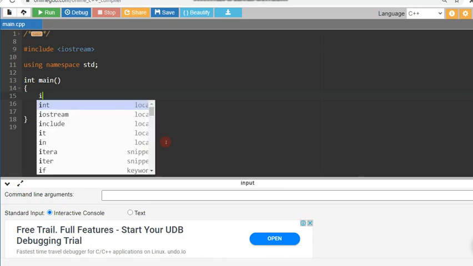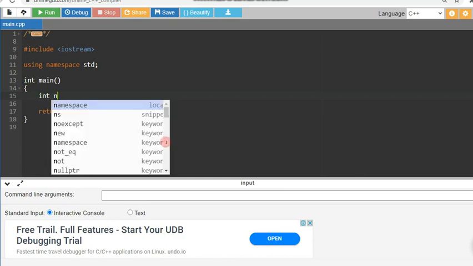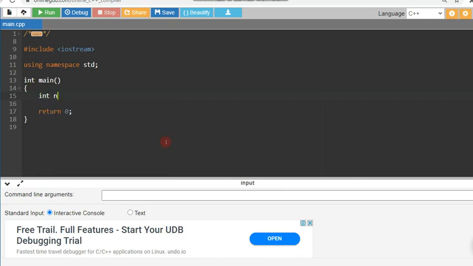We have to take two variables, as I discussed. So n, and one more variable I am taking, sum equal to 0; s or sum equal to 0, anything of your choice. Fine students, now let's start the loop, because this is again a looping structure. Why? So many numbers are there, 1 to 5, it might be 1 to 50, it might be 50 to 1, so many numbers whose sum or addition we need to find out. That's why a loop is required.